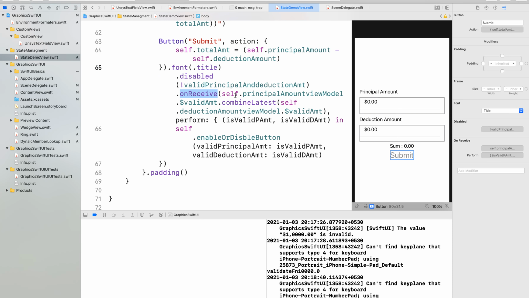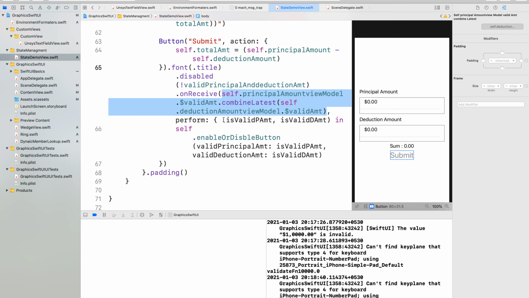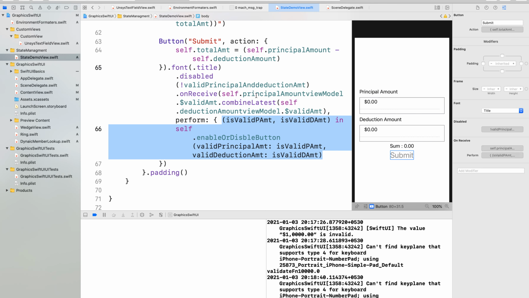We give the publisher, we combine these two publishers, and it performs this function when either publisher emits a value, and here it is setting depending on